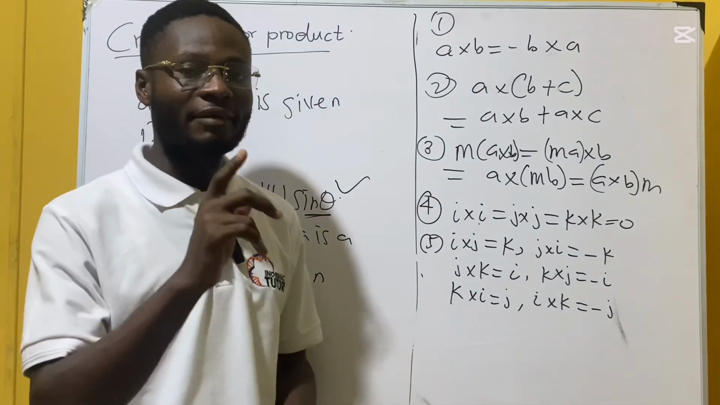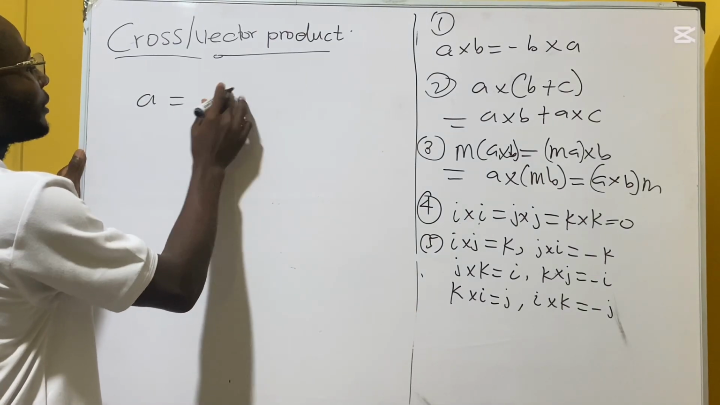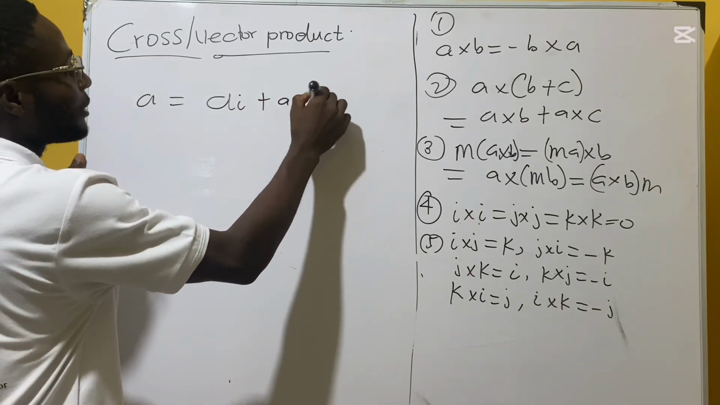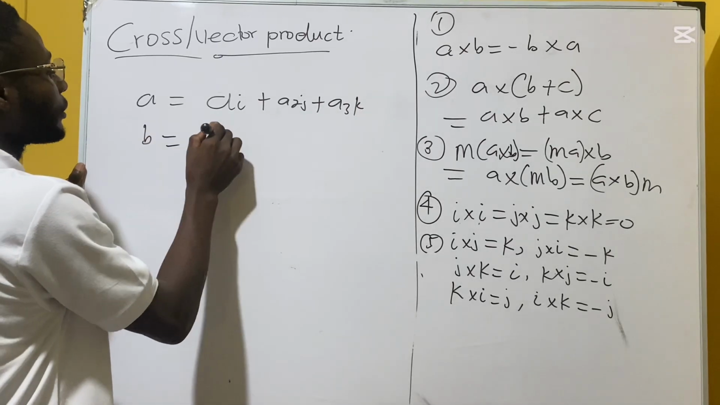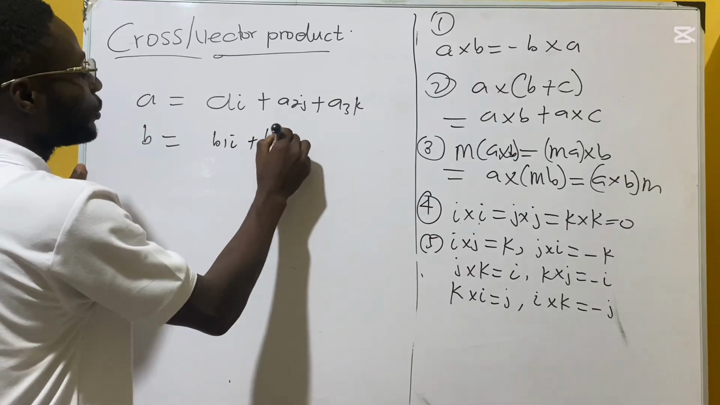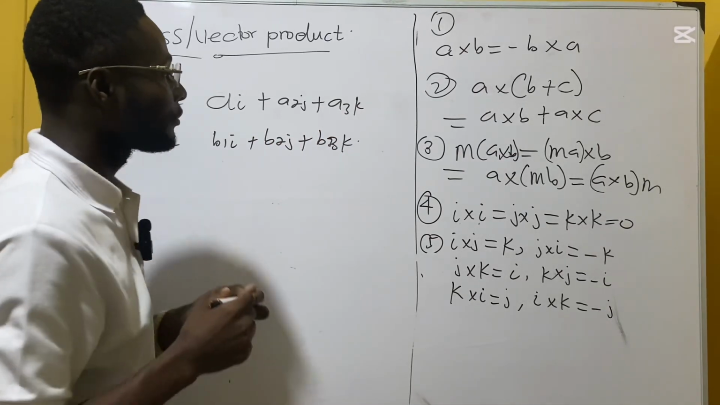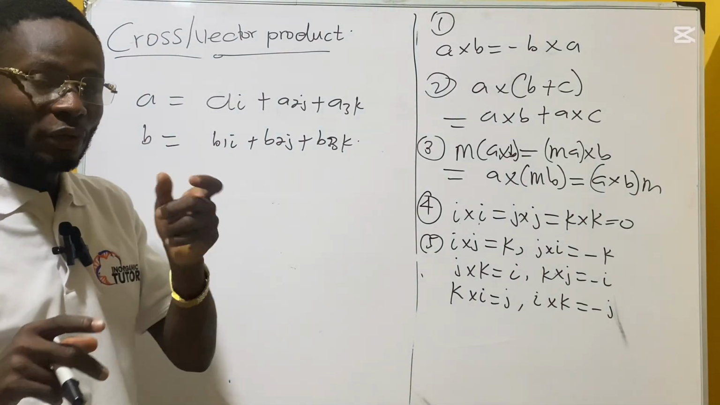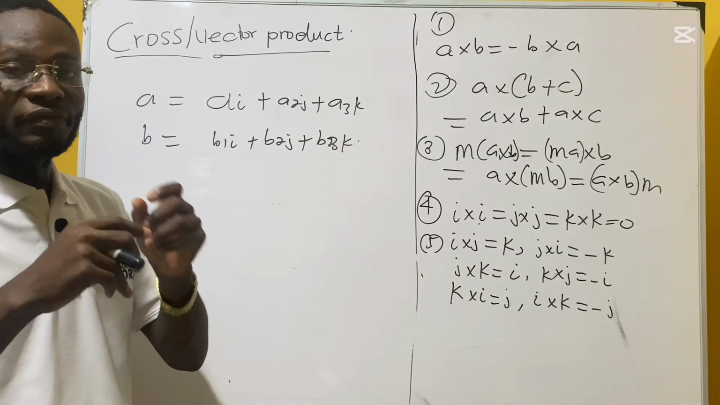Okay, so let's look at the last property. A equals a1 i plus a2 j plus a3 k, and b equals b1 i plus b2 j plus b3 k. Then if you take a cross b, the magnitude of a cross b is